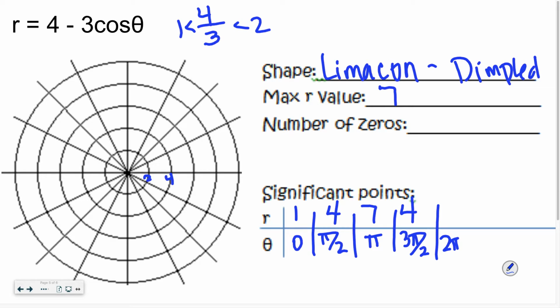And at 2 pi, we end back at 1. So we have 1, 4, 7, 4. Okay, so here you need to make sure that everything is smooth and that we see this dimple, but